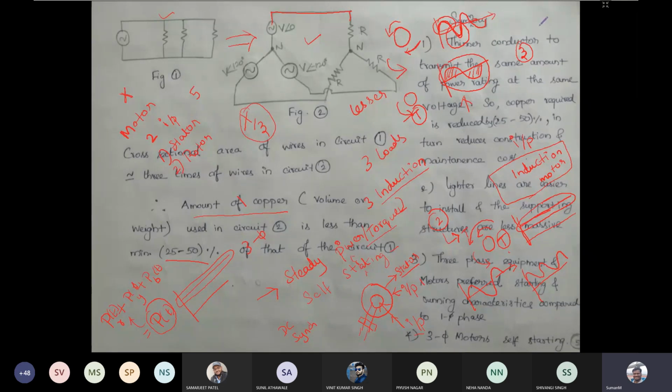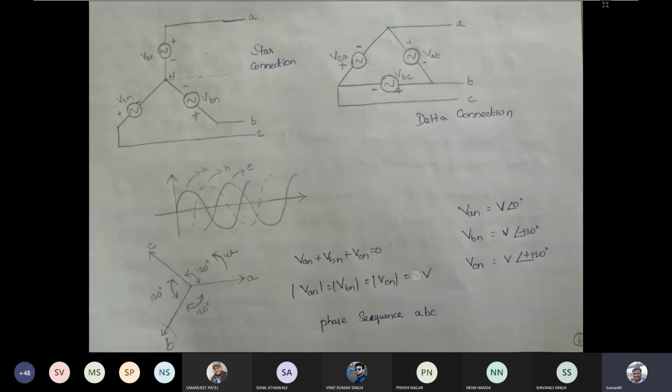Single phase creates a twisting force: in one half cycle in the anti-clockwise direction, and in the other half cycle in the clockwise direction. Because of that, the rotor always looks stationary. If you have understood something, it is fine. Even if not, it's fine, because we will see in detail in the fifth unit how it rotates. Is it fine?